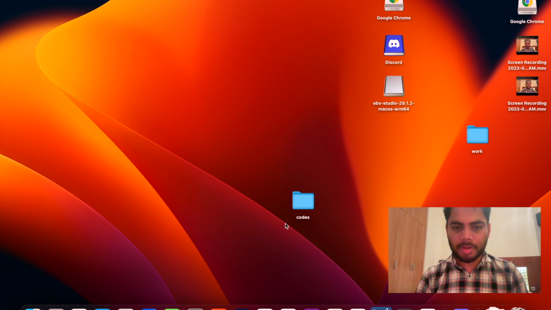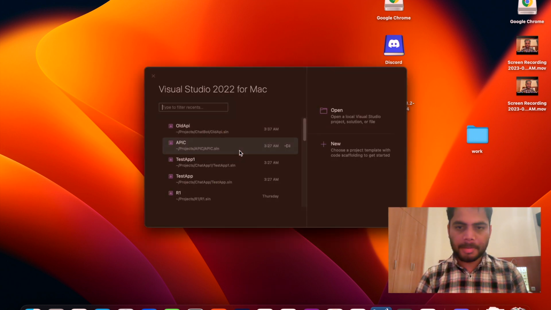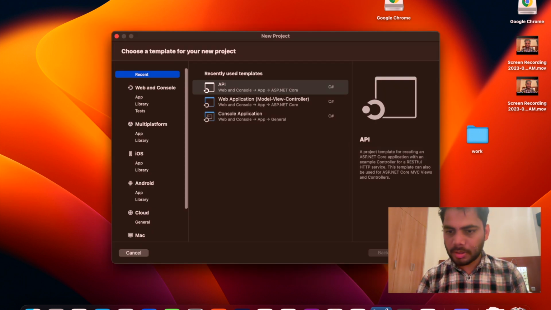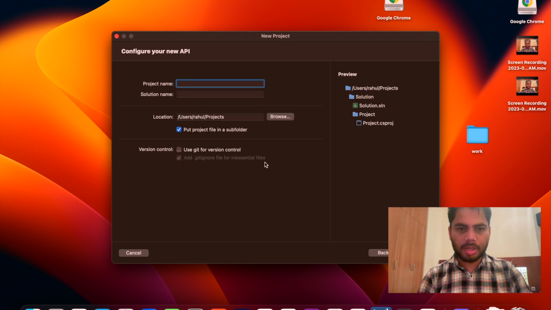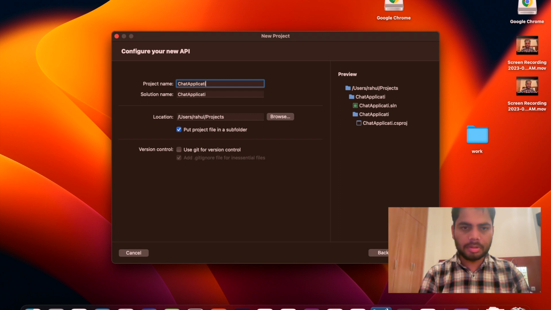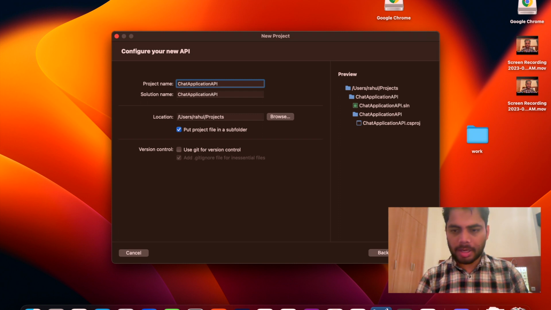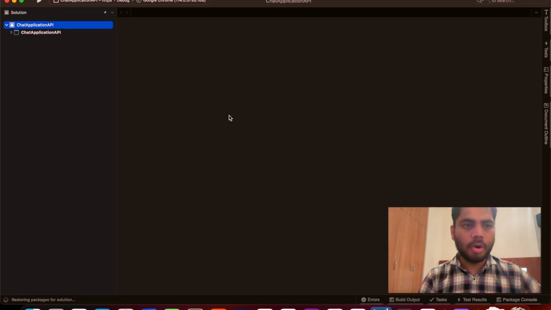So I will first open Visual Studio and I will create a new web API project. I will use .NET Framework 7, which is the latest one, and I will write maybe chatbot API. Not chatbot, chat application API. Okay, and then I will create a project. So .NET will create